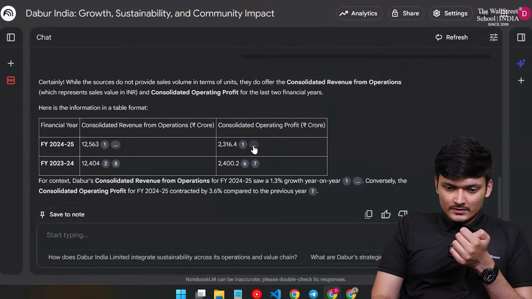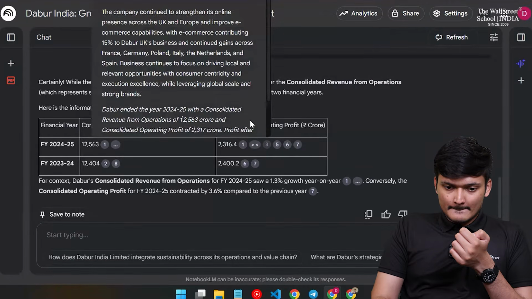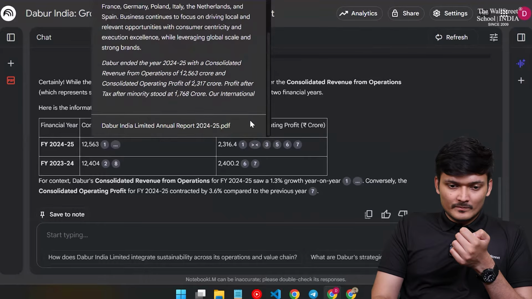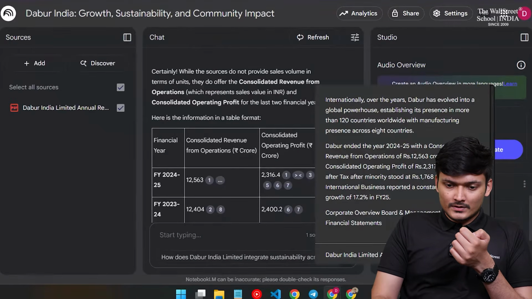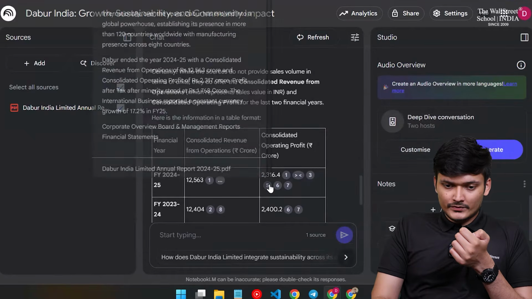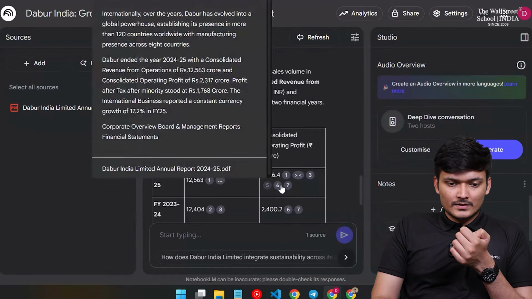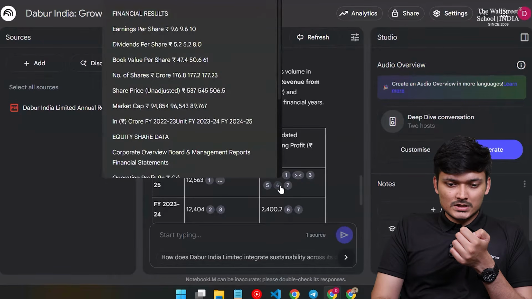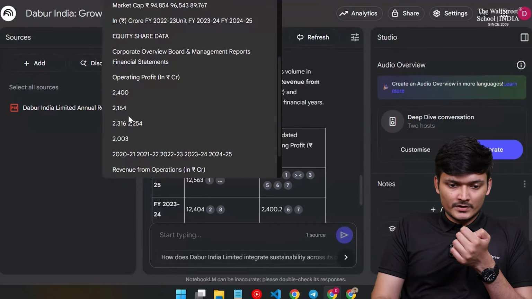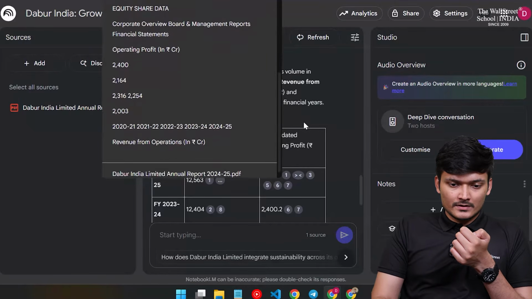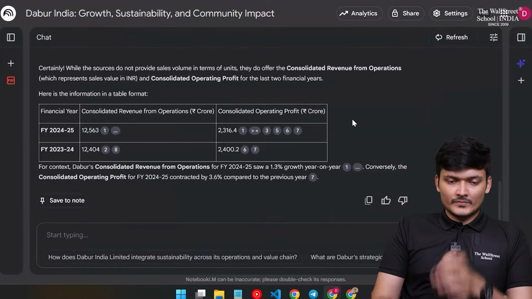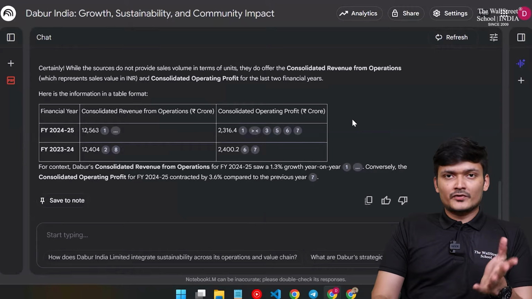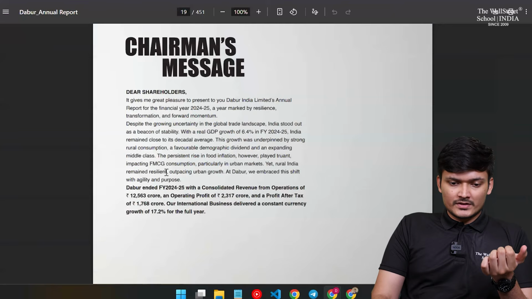Okay, there are multiple sources. Okay, click. Okay, number 5, close. So you have 5, 6. Earnings number, equity, operating profit, 2316. Yeah, okay, so that's the, okay, fine, not a problem. Yeah, so you can see the operating profit, it was able to find 2316.4 CR, which is roughly over here